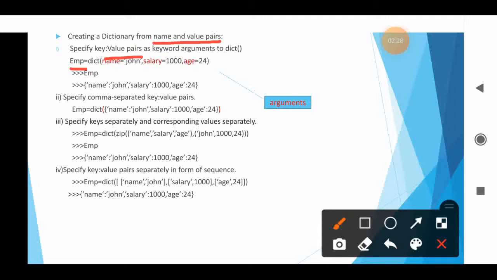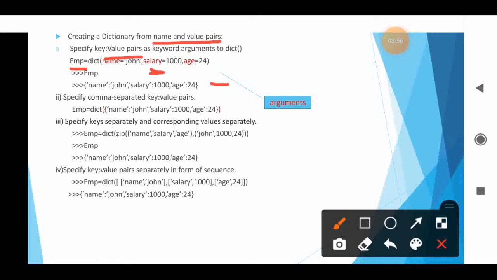What is the difference here? The keys are not enclosed in quotes, because they are arguments. Here in this dictionary the key is passed as an argument. If you display this dictionary, it will display as a dictionary value.